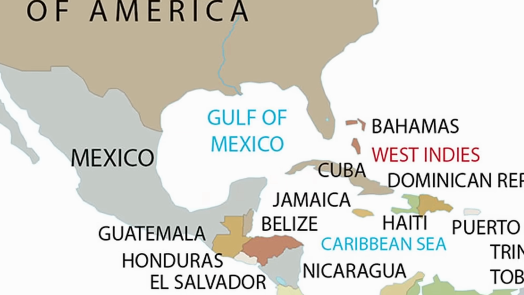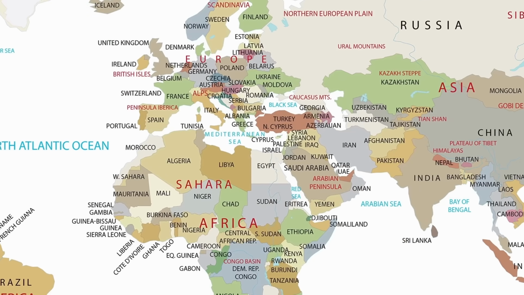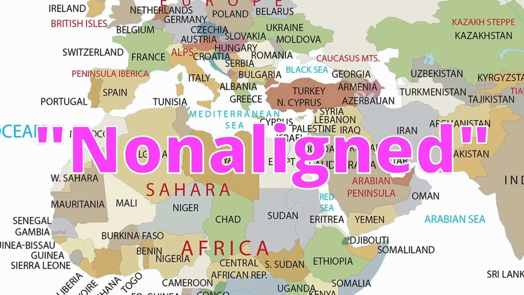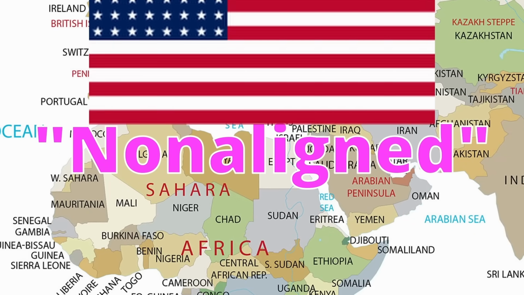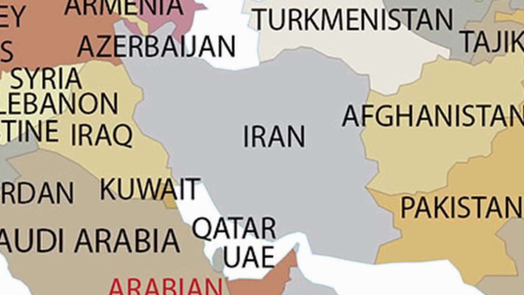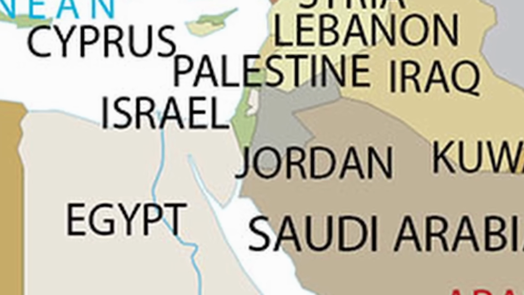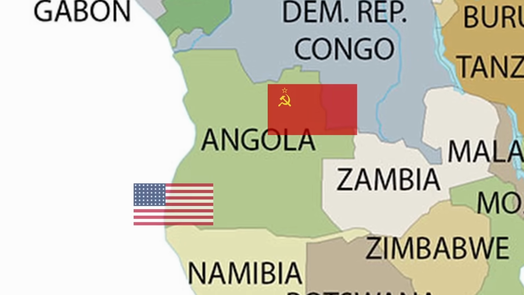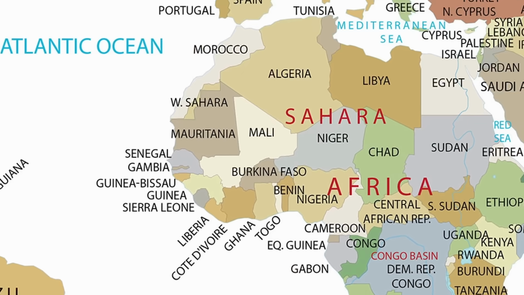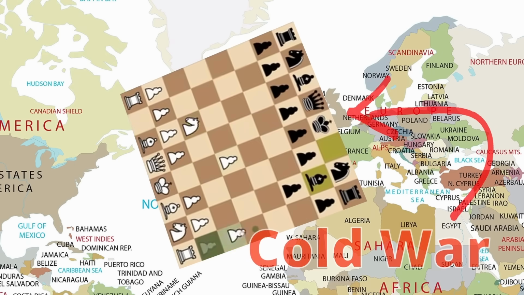But now moving over to Africa and the Middle East, most of these newly formed countries tried to stay out of the Cold War, meaning they were quote non-aligned. However, the US still intervened a bit. The US will help overthrow a leader in Iran, help negotiate peace between Egypt and Israel, and in Angola, there was a proxy war between the USSR and the US. Honestly, it's a dang chess match. That is the best way I can describe the Cold War.